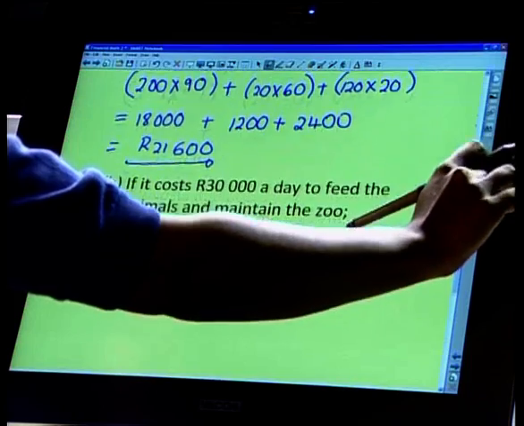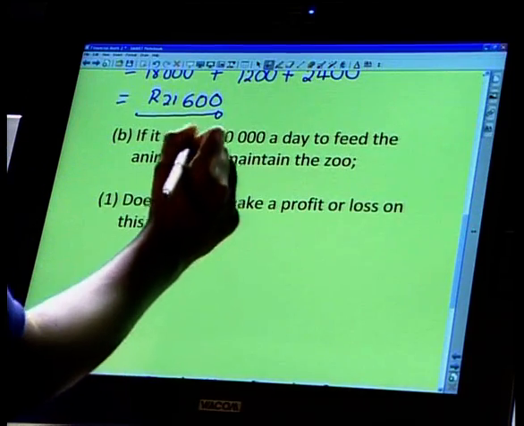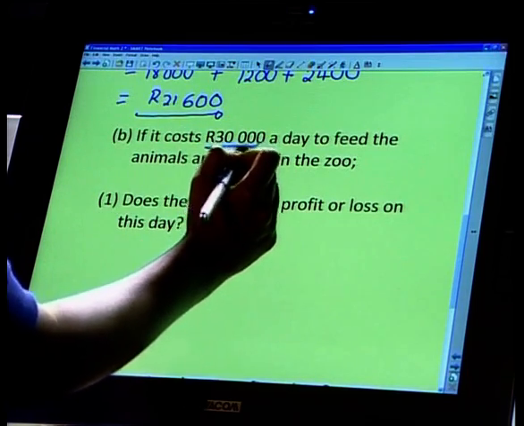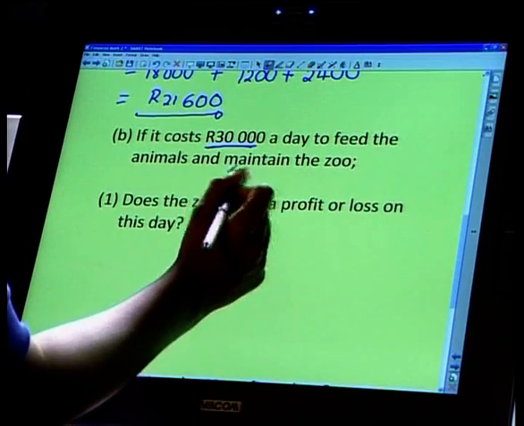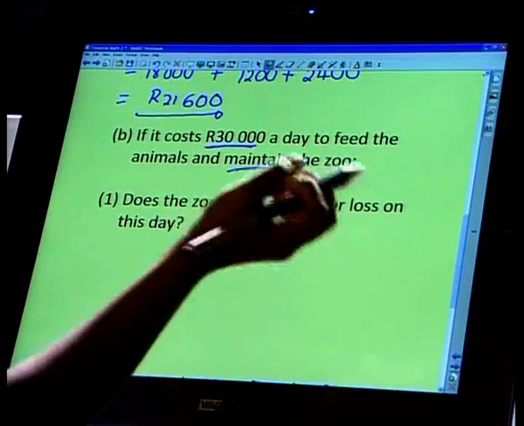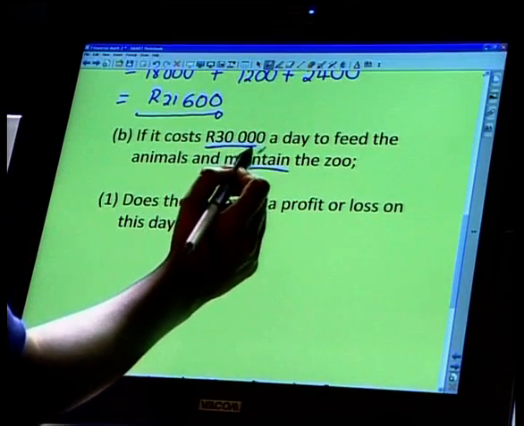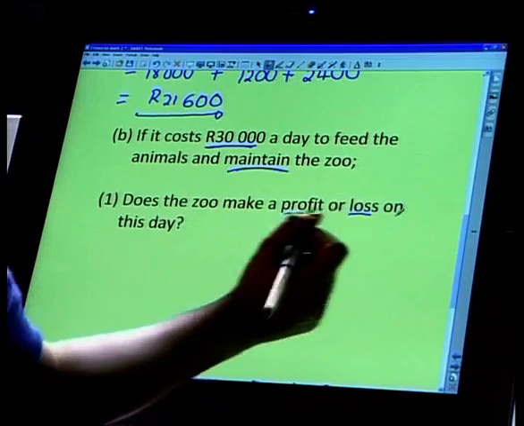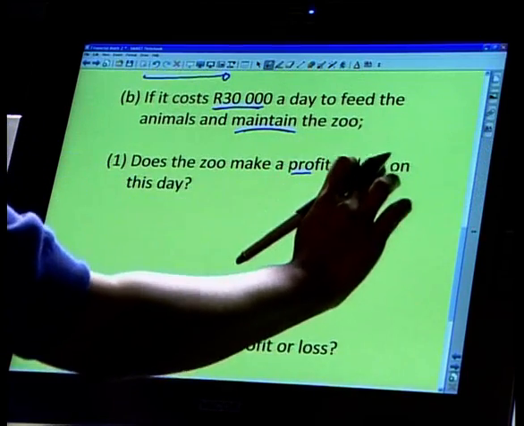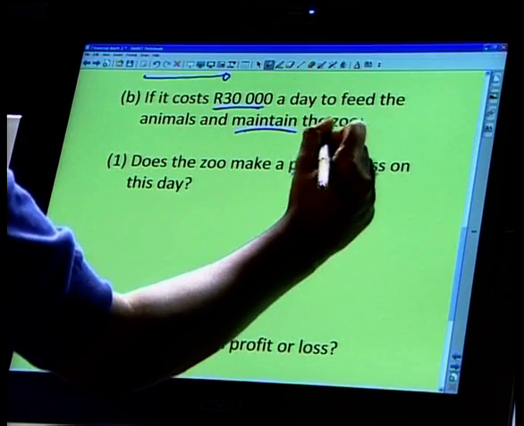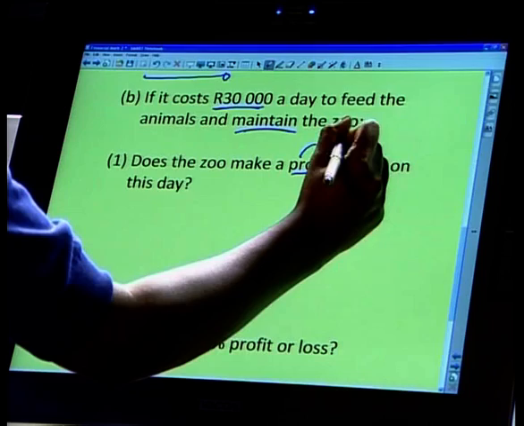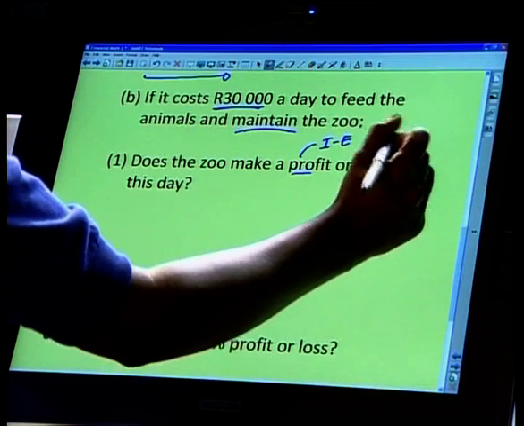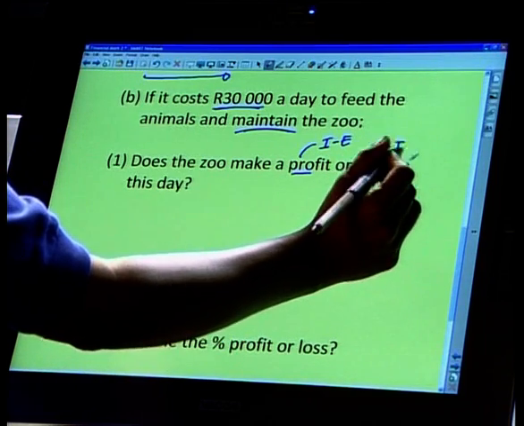So on this day, the zoo is going to get an income of 21,600 Rand. Now the next part says if it costs, so this is the expense now, it costs 30,000 Rand a day to feed the animals and maintain, which means keep up the zoo, keep it nice and clean. Does the zoo make a profit or a loss? Remember, to work out a profit, we say it's our income minus expenses, and loss, you can say expenses minus your income,